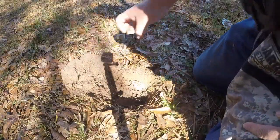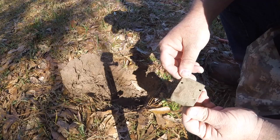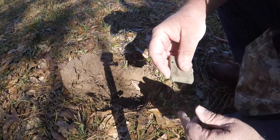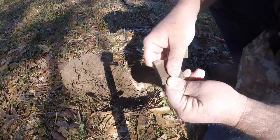Yeah, I've got probably the coolest deal of the day so far. I was digging about 10 feet over that way, and I found what I thought was part of a belt buckle. And I came over here, and out of this hole right here, I've got the other part, and I'm looking at it here,